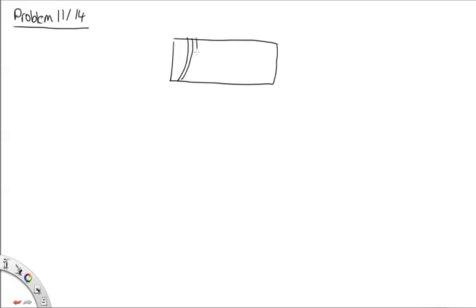This is problem 11 for 1221 or 14 for 1231. In this problem, we've got a solenoid which is wound from insulating wire. So it's wound so that the wires are right up next to each other like this. And we're told that the diameter of the copper is equal to 2.52 millimeters, and that our solenoid is 2 meters long,